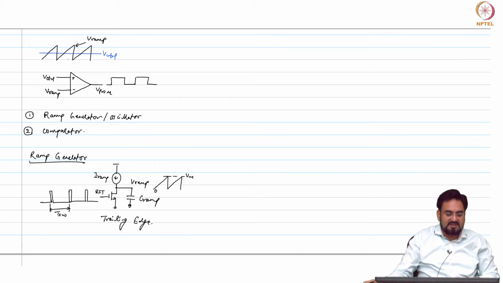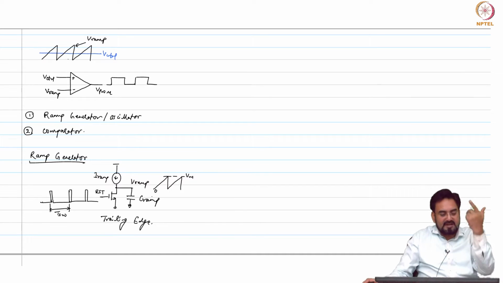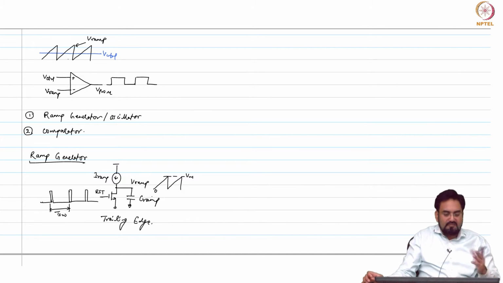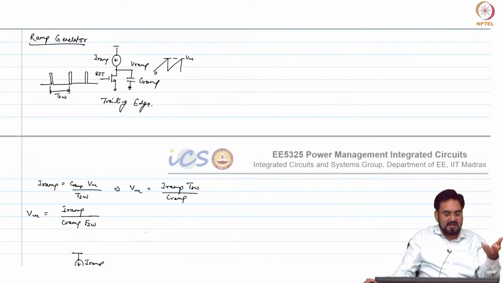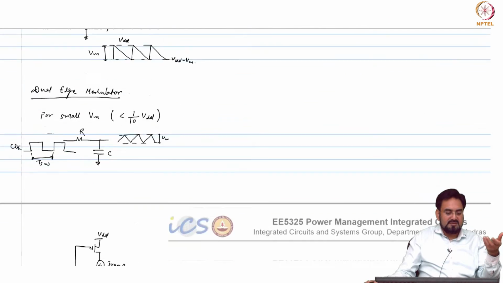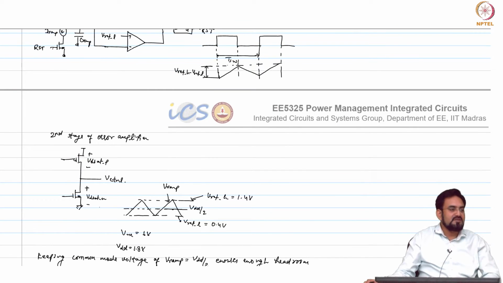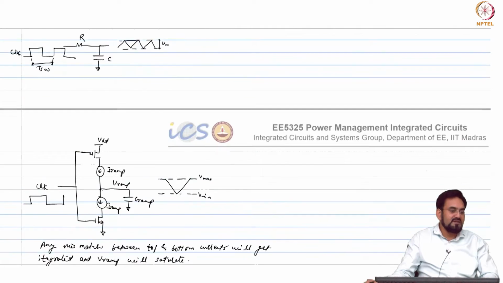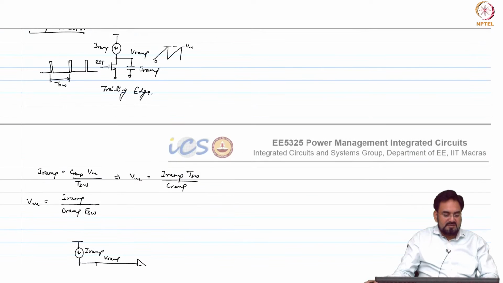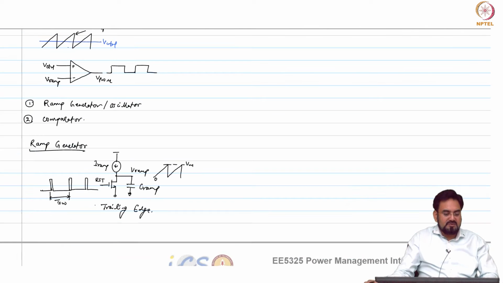If we take the case of this, you cannot operate at a lower duty cycle. Let us say the moment it goes below 10% or so, and if my VM is 1 volt, then the control voltage will drop to 100 millivolt. So at 100 millivolt or lower voltage, I cannot ensure that this NMOS will remain in saturation and my error amplifier gain will drop. So how do we fix that?